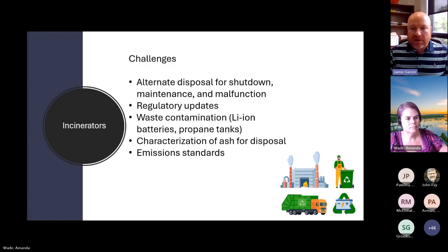Some of the challenges in operating a facility like this, we do have twice yearly planned maintenance, where we will shut down the boilers one at a time. We have a dual boiler system in our location, but we'll shut them down one at a time for regularly planned maintenance and upgrades and things like that. There also are unplanned shutdowns when there's equipment malfunctions of that sort. We had a turbine failure a couple of years ago that while we were still able to burn in the boilers, we weren't producing electricity. So that was,